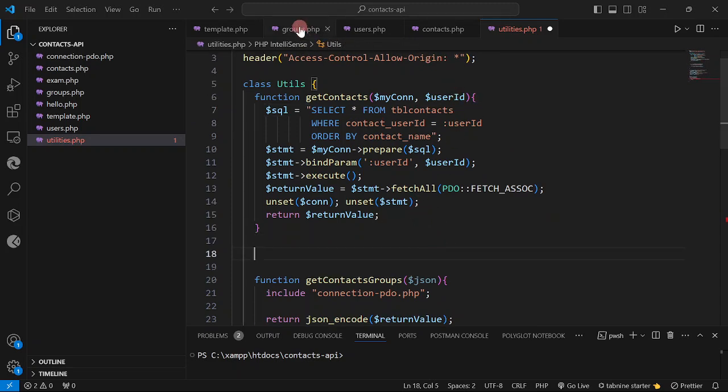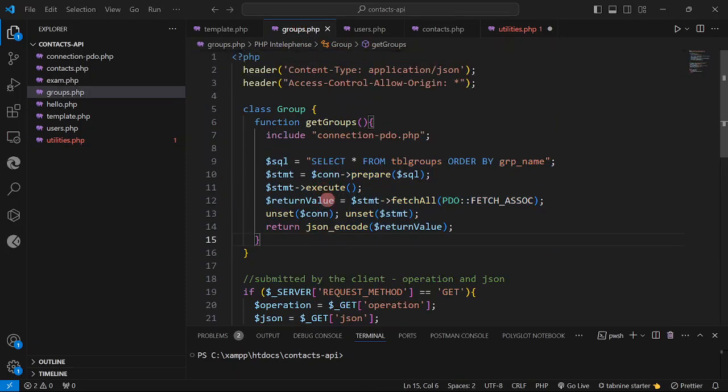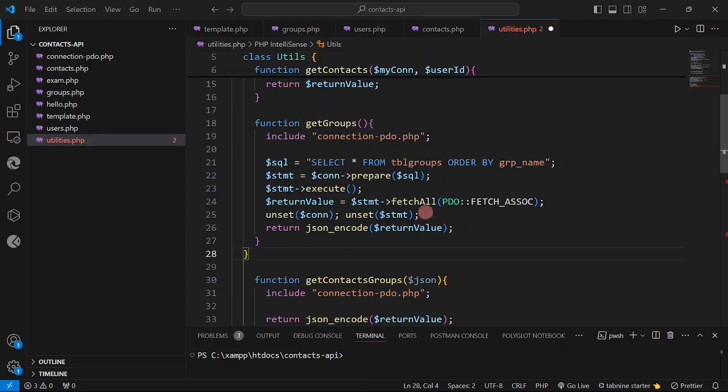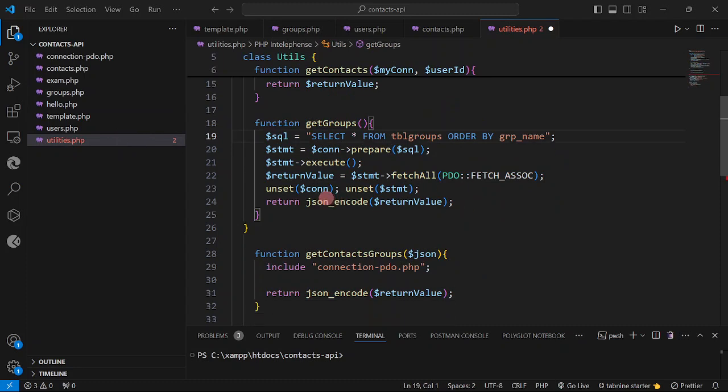Then I'm going to get our get groups. I don't need the connection anymore, and I'm not going to encode it in JSON format. Then I'm going to have